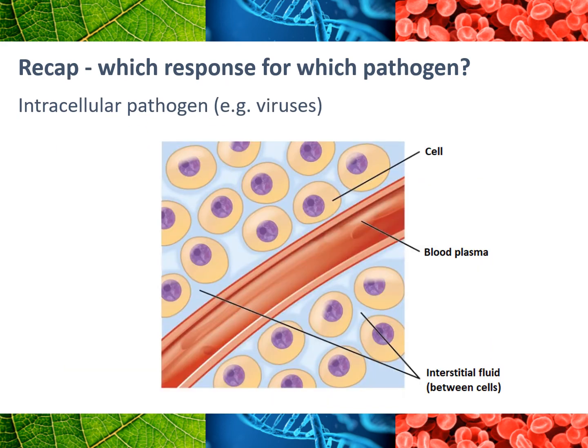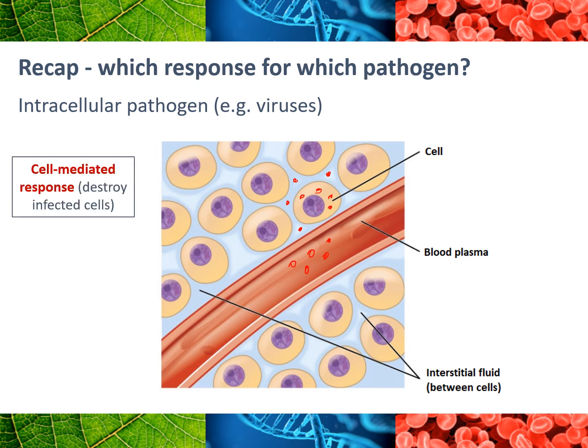So if we look at this picture, we've got cells here. So let's say we've got lots of little bits of virus in here. But then we also have the viral particles outside here. We've got some virus in the blood plasma. So there's viruses inside cells and outside cells. So we know that our cell-mediated response will target the viruses that are inside cells. So we might get